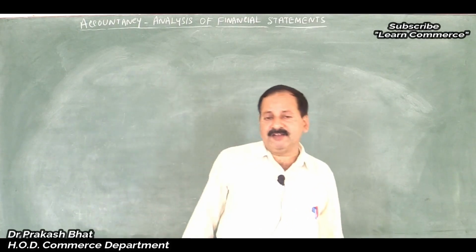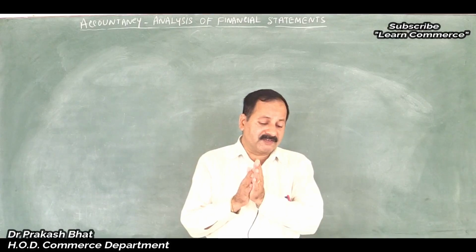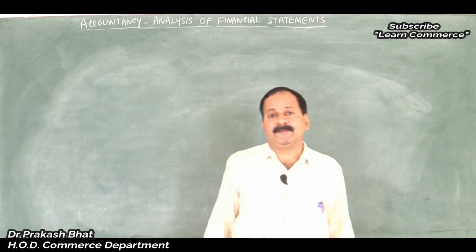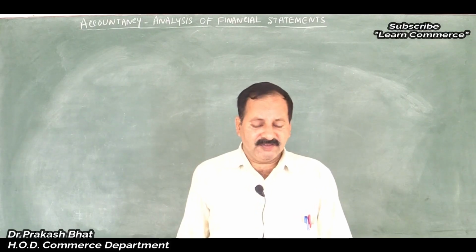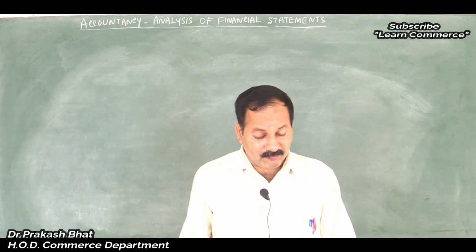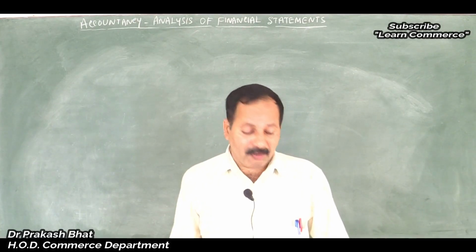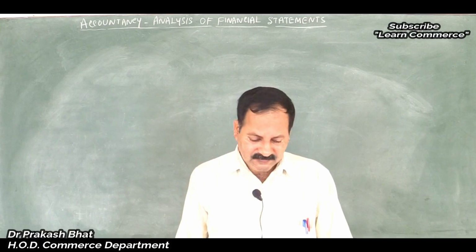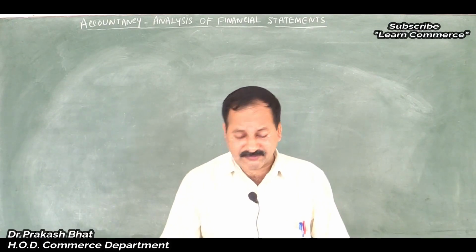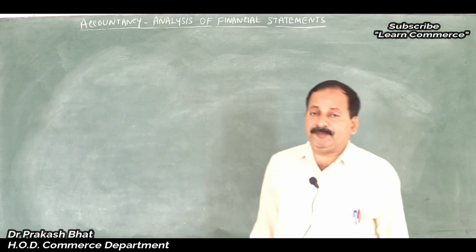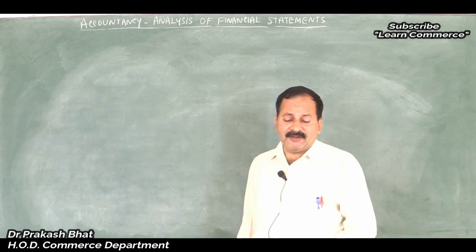In your question bank, all four types, four methods, are given separately. In each there are two or three problems, something like that. We will try to solve almost all the problems so that there will not be any room for doubt, right? So, 12 marks problems. Let me take up first the comparative income statement.